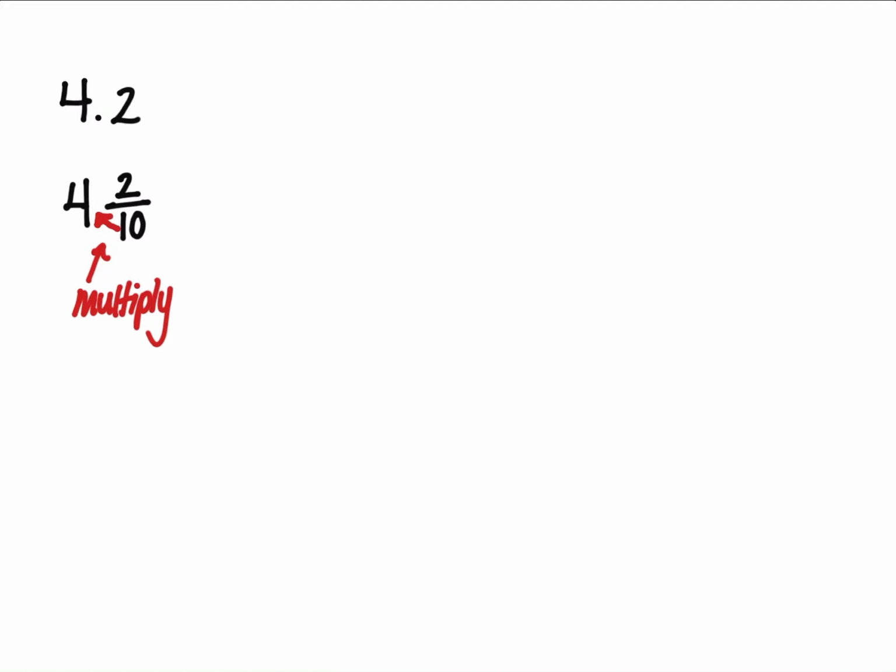Then whatever you get, you want to add that to it. So we're going to go 4 times 10, which is 40, plus 2. And then we're going to put that over the denominator, and our denominator was 10. So we end up getting 42 over 10,